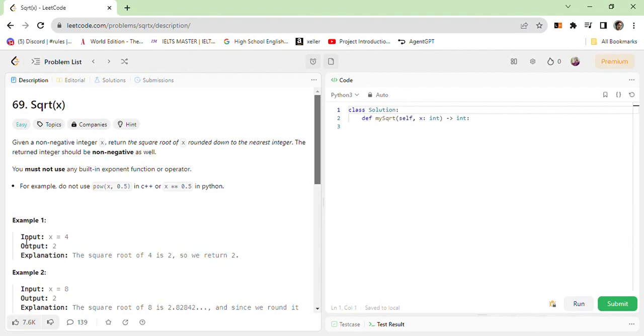Let's see the first example. X is 4, so its square root is 2. Our answer should be 2. Here in example number 2, x is 8 and the square root is 2. Let's see which approach I use